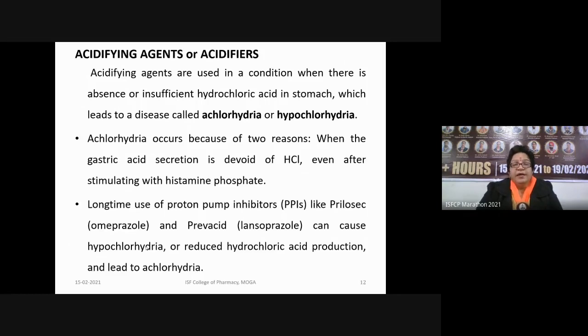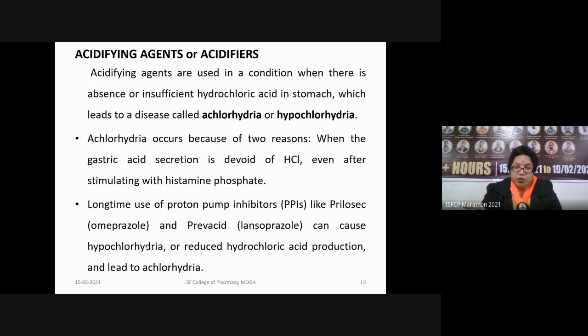Achlorhydria occurs because of two reasons. When the gastric acid secretion is devoid of HCl, the HCl secretion is simply not happening even after stimulating with histamine phosphate, then achlorhydria happens. Or the other reason is the long-term use of proton pump inhibitors, that is PPIs, like omeprazole and